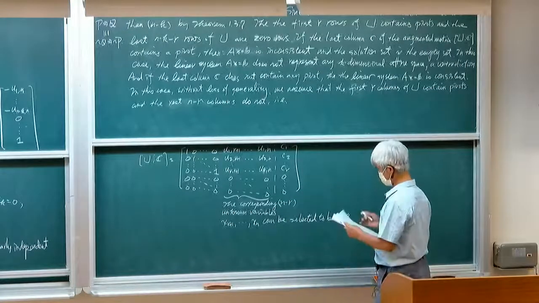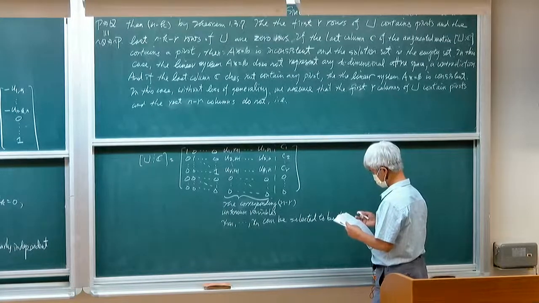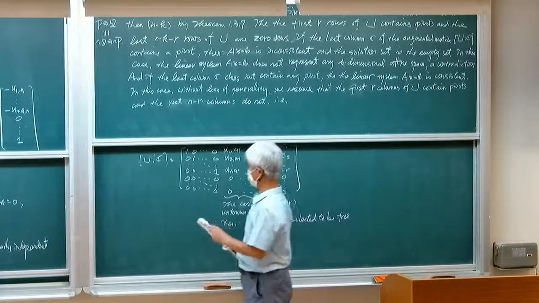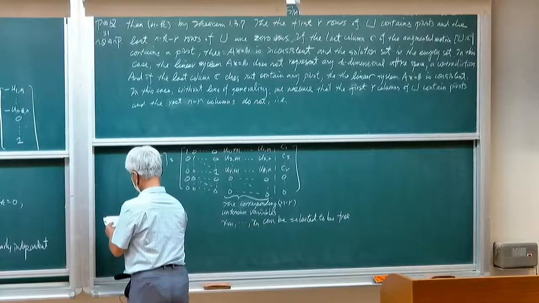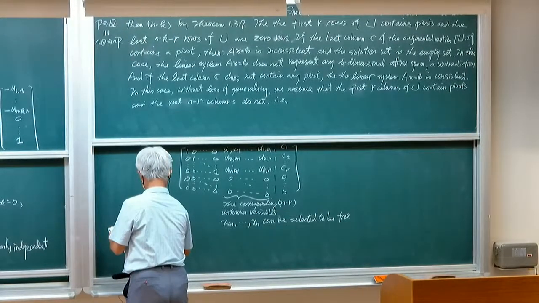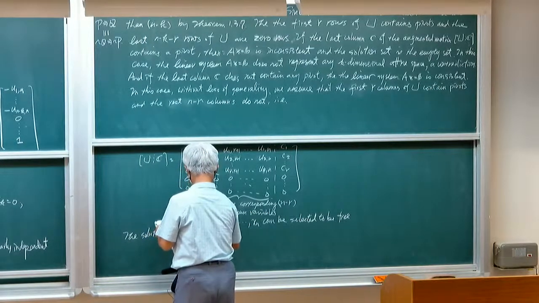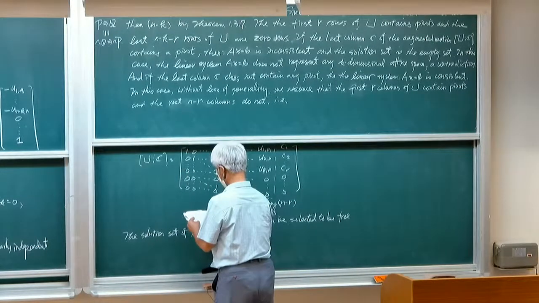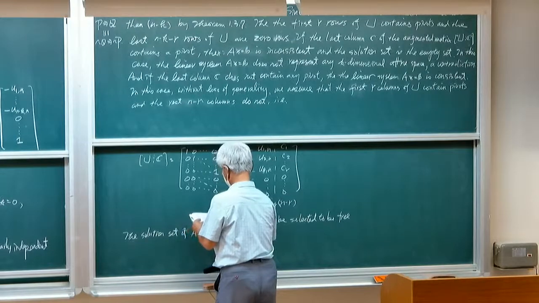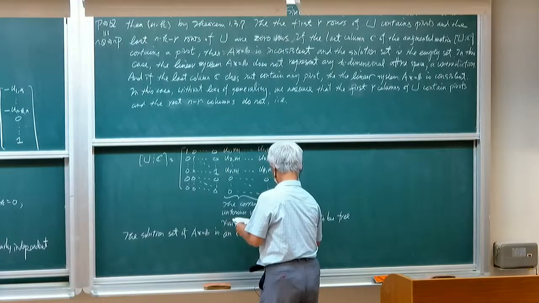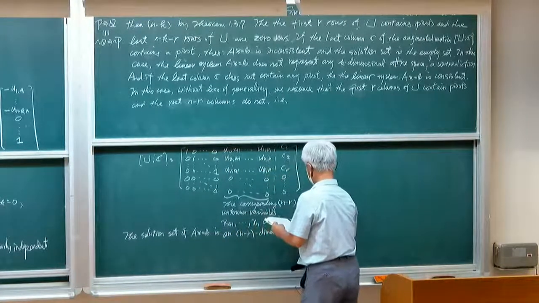So they can be selected to be free, so that the solution set of the linear system Ax equal to B is an n minus r dimensional affine space